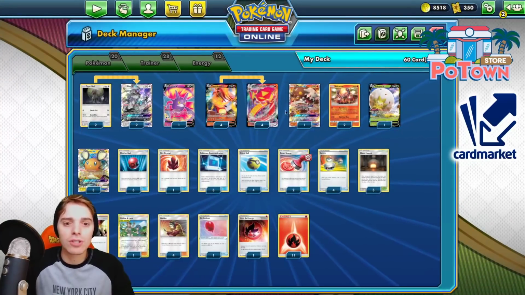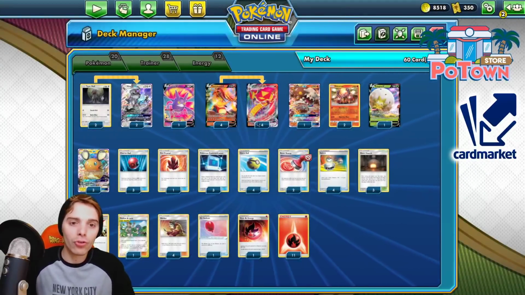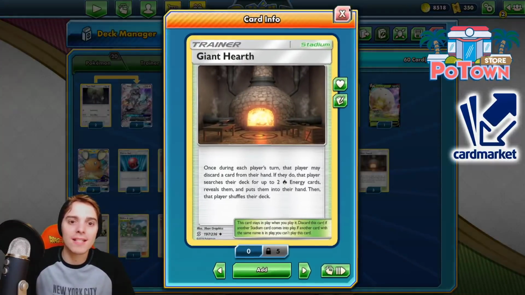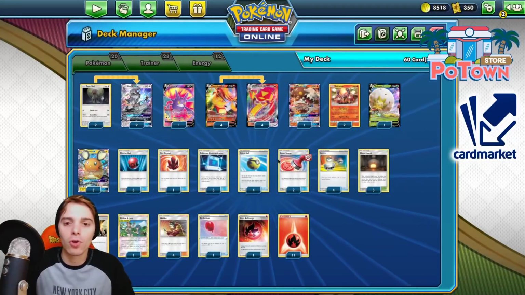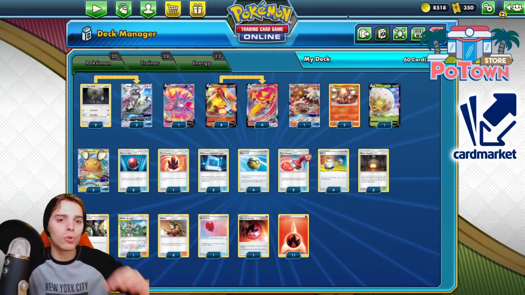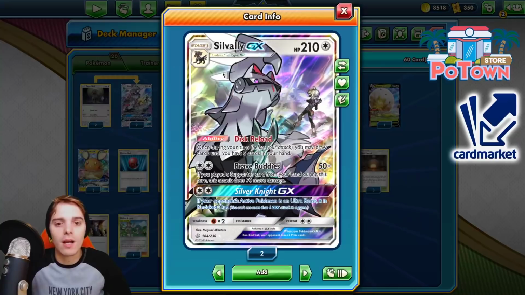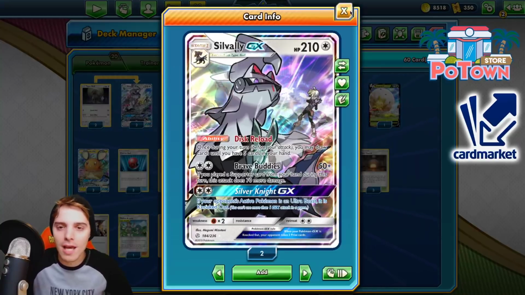This is very great to just get, of course, your Welders, so you can Welder after Welder, but also it pairs really well with Giant Heart, which thins out your hand, and there's a lot of insta-playable cards like Reset Stamp. Sometimes in the late game you can actually find the Reset Stamp to put the opponent to a low hand size and then strike out of nowhere. Sometimes you can also use this as a 2-price attacker to slap 120 damage with the Brave Buddies, and also,